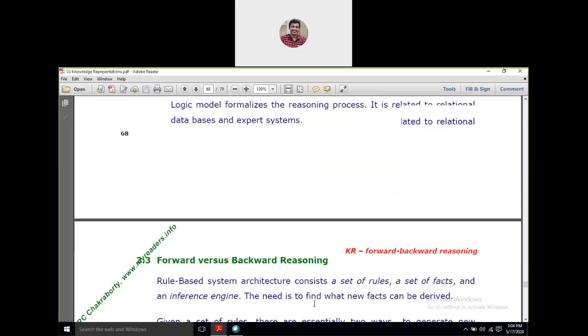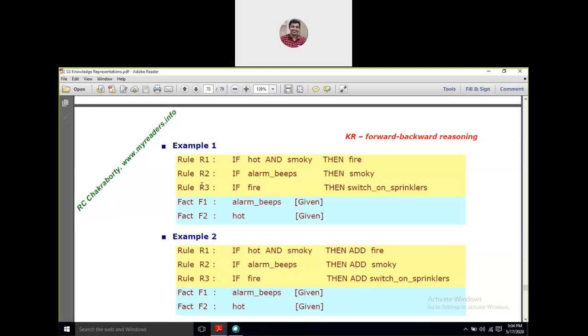Now, I'll not talk about what is forward chaining, which is data driven, and what is backward chaining, which we call goal driven. Rather, we'll move straight on to this example. Now, very precisely, keep on listening and watching. There are a few sets of rules given to you, starting from rule 1, rule 2, and until rule 3. And we do have certain information provided. We call them facts. These are something we can call axioms, right?